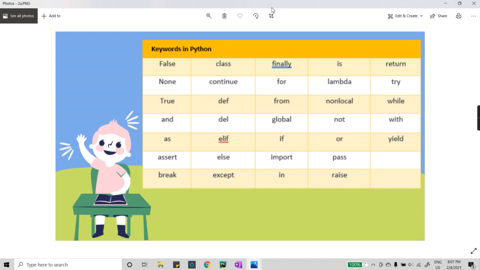Now what I would suggest is that you can have an overview of all of these keywords, because after discussing identifiers, I will have questions for you all, right? So you need to respond to those questions. I would suggest that you quickly have a look over all of these 33 keywords. I know that you cannot learn all these 33 keywords, but you can have a little look over these. Fine. So these are the keywords which are in Python. Fine.